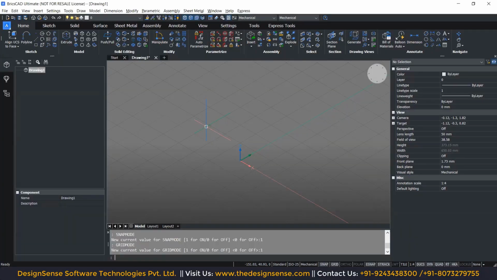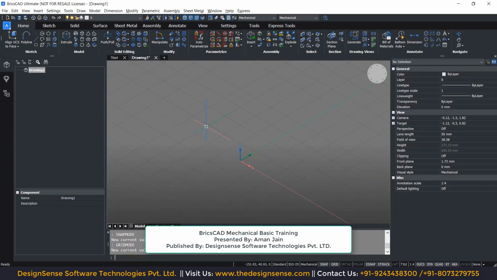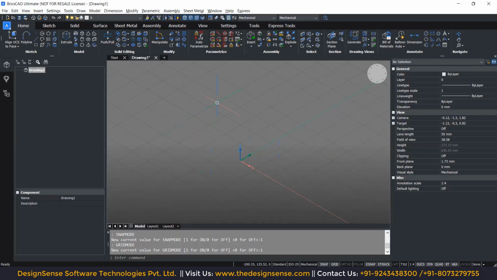Right? So this is something that we would be using for the first exercise, wherein we would be covering the direct modeling exercise in the first session. For that exercise, I'd request you to do all of the settings. The things I have changed are snap types, snap modes, and grid modes, and the same has been mentioned in your training guides as